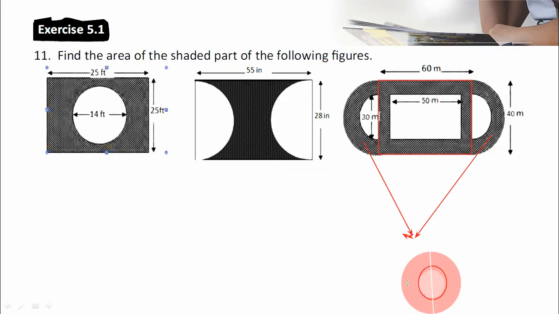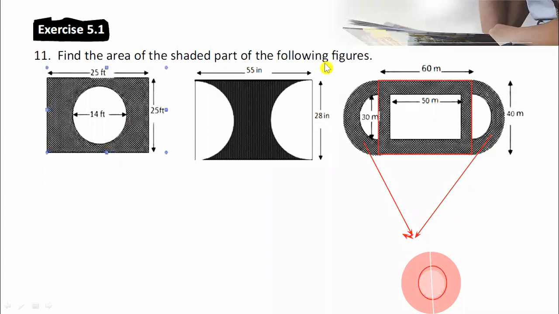Okay. So if we take these two as a circle, not semicircle, combining the two makes a circle, and in the middle there is a rectangle. This concept should come to your mind as soon as you see this figure. There are one rectangle and one circle. Two semicircles mean one circle, like this one. You have to understand that it becomes a circle like the figure drawn below. Now if you are clear in this figure, then you can easily calculate the area of the shaded part.